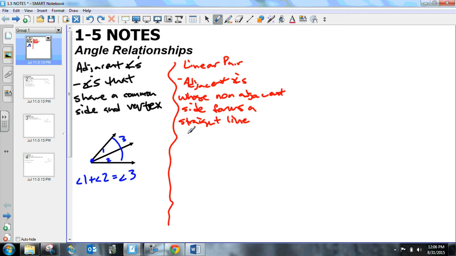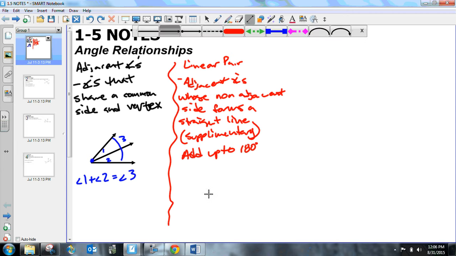Another way to think about this is the word supplementary. Supplementary means that they add up to 180 degrees. We're going to talk about this a lot. So let me give you an example of a